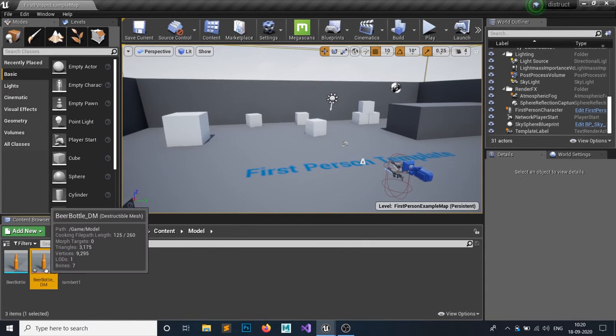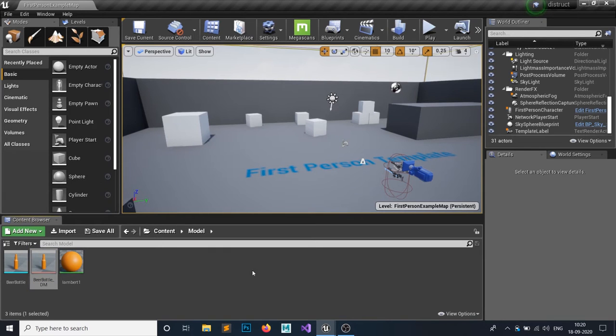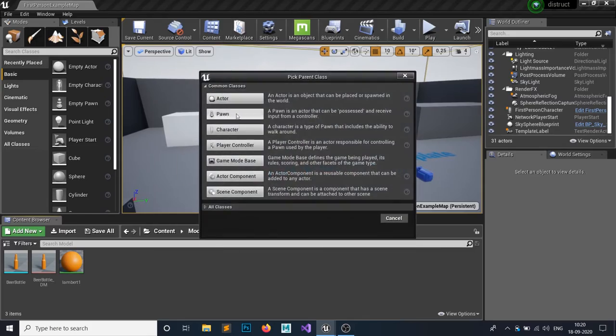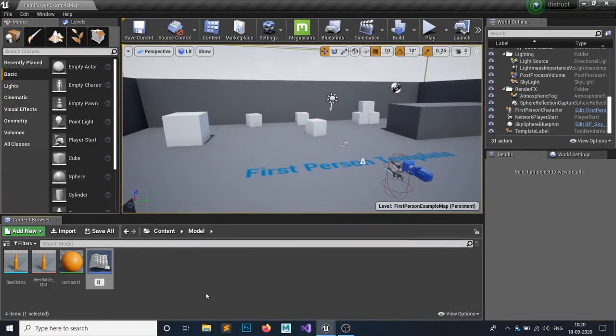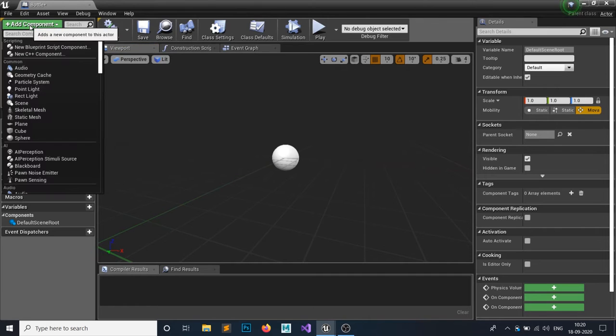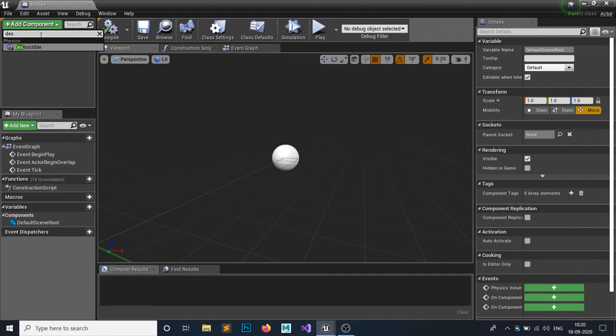So this is our destructible mesh and this is our static mesh. What we really want to do is make an actor to get an object from this. So we want to make an actor. I'm going to call it Bottle. Open that up, and under your default scene root, what I want to add is a Destructible component.